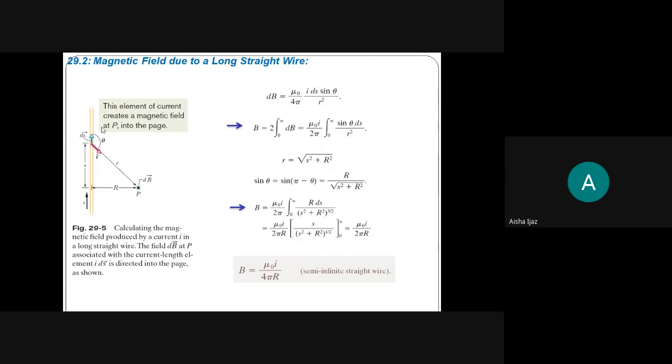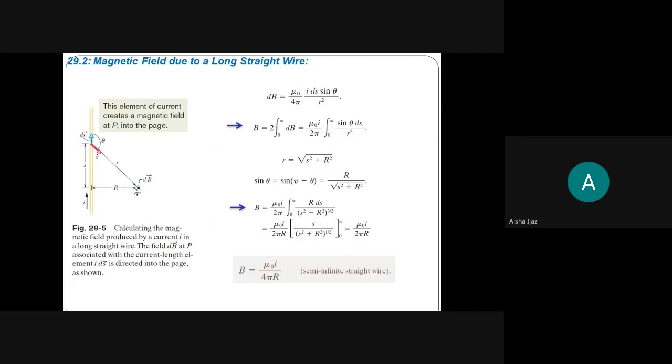So how do you calculate the B field for this? The point is given, for simplicity, at the perpendicular bisector. So I'm just using the symmetry here. Instead of taking the limit from minus infinity to plus infinity, we are taking the limits from 2 times 0 to infinity. That will give you the same result. So here you can see, just pick one patch which is pointing in the same direction as the current. It's up. The point is at the perpendicular bisector from the center which is given here.